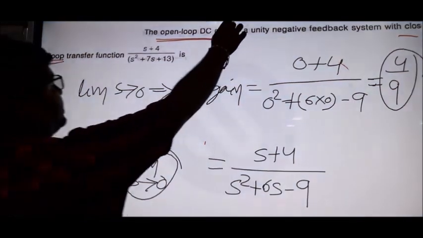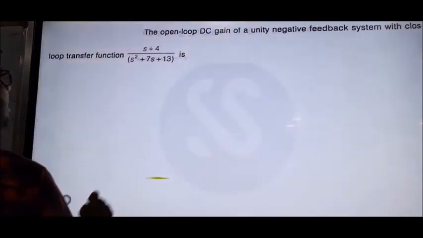Okay, so this is all about the DC gain. We have studied the transfer function, its different components, how to find the poles and how to find the zeros. Then we studied multiple poles, multiple zeros, simple poles, simple zeros. Then we studied the transfer function types: proper, improper, rational, and we also studied the DC gain and solved the problem. So this is all about this lecture.